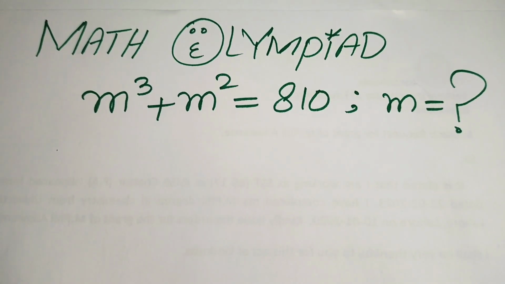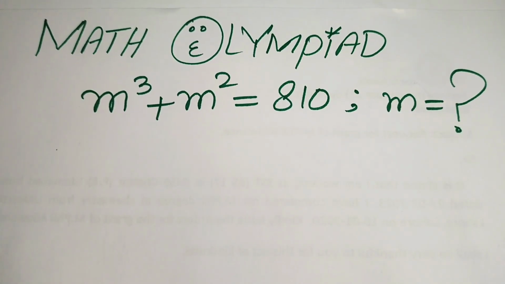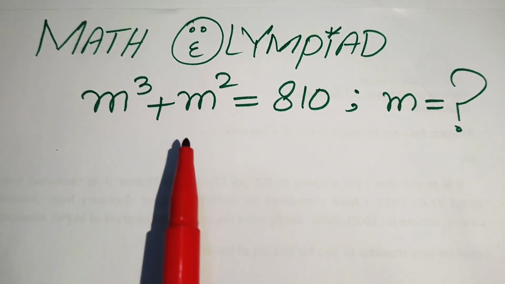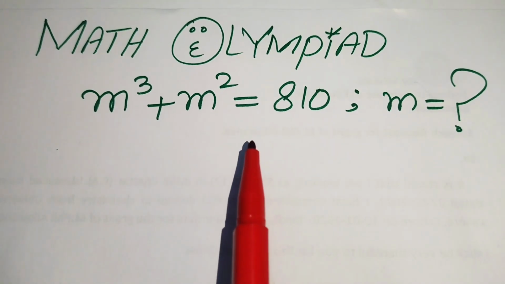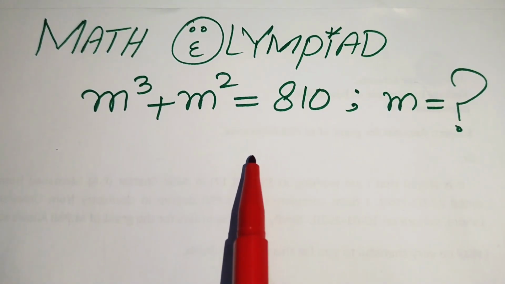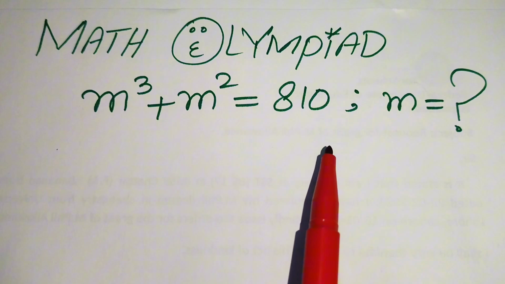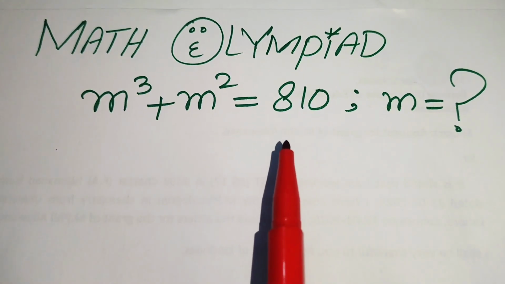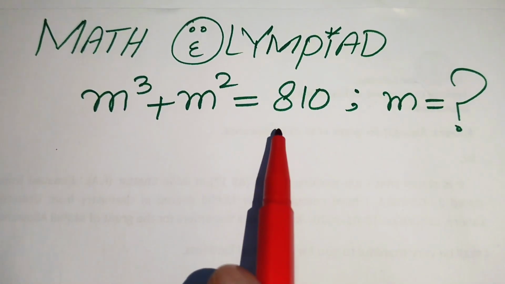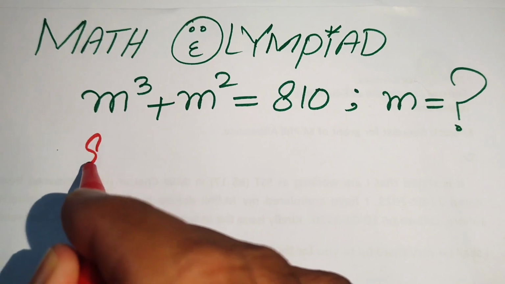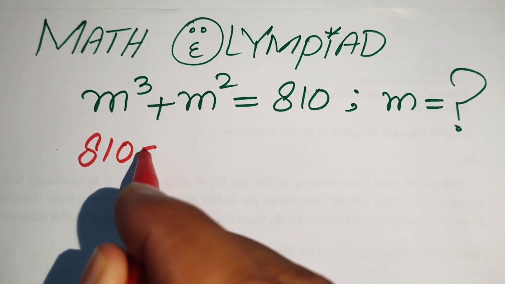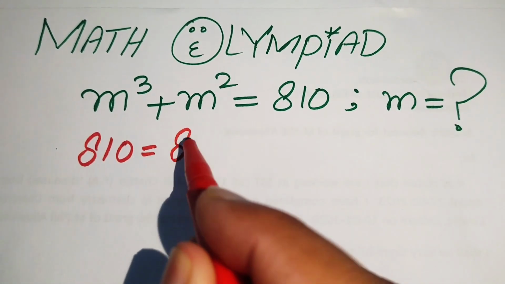Hello everyone, welcome to solve this Math Olympiad Algebra problem, and here we have m cubed plus m square equals 810, and we solve this problem for the values of m. So here first we focus on the right hand side and we have 810, and we write this 810 as